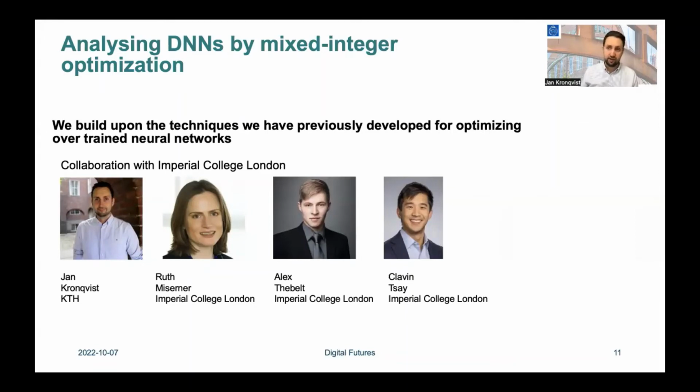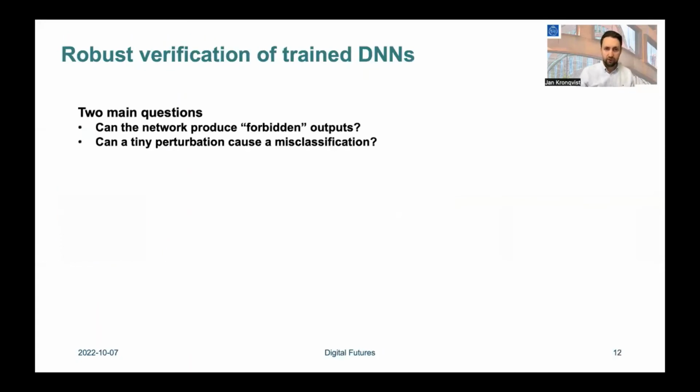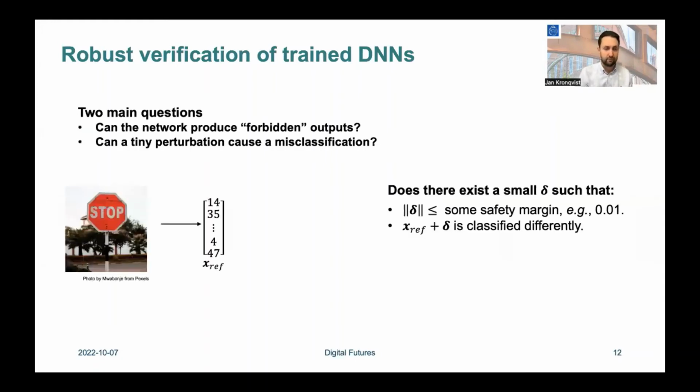This was a very successful project, and we were able to develop new methods to solve these optimization problems much more efficiently. In robust verification of trained DNNs, we are focusing on two main questions. Can the network produce forbidden outputs, and can a tiny perturbation cause a misclassification? Here we take the input image, and we don't really consider it as an image, we just consider it as a long vector. What we ask here is, does there exist a small perturbation delta